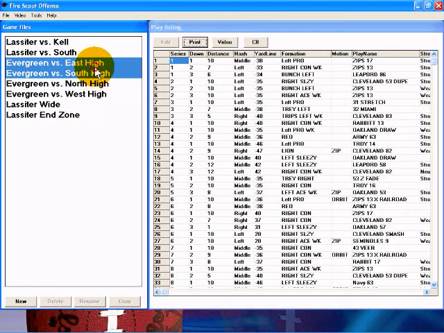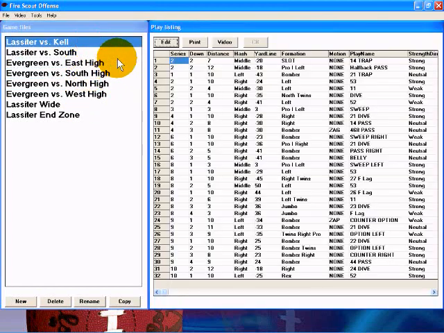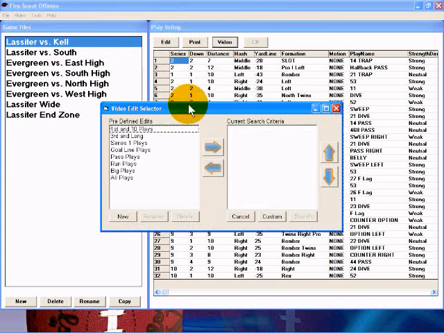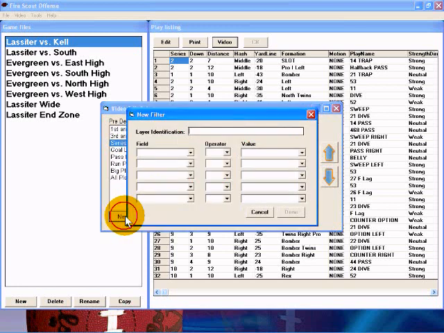All right. In this case here, I'm just going to click my top game, my Lassiter Kell, and I'm going to click video. And I'm going to go ahead and come to the predefined edits menu. This is the menu where you would set up the type of edits that you're going to do each week. So let's say you're going to do 1st and 10 plays, maybe you're going to do 3rd and long, maybe you want to see series 1, maybe you want to look at 2nd down plays, but it's not on that list. So the way to add it to the list is click New,